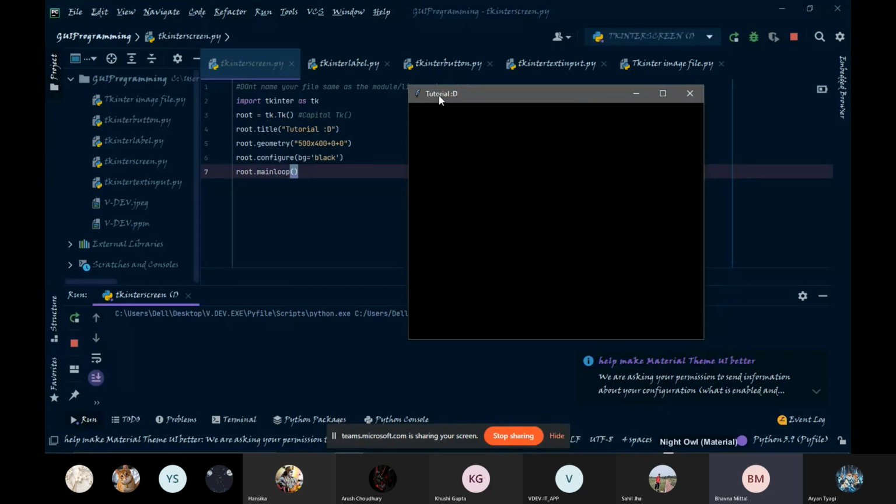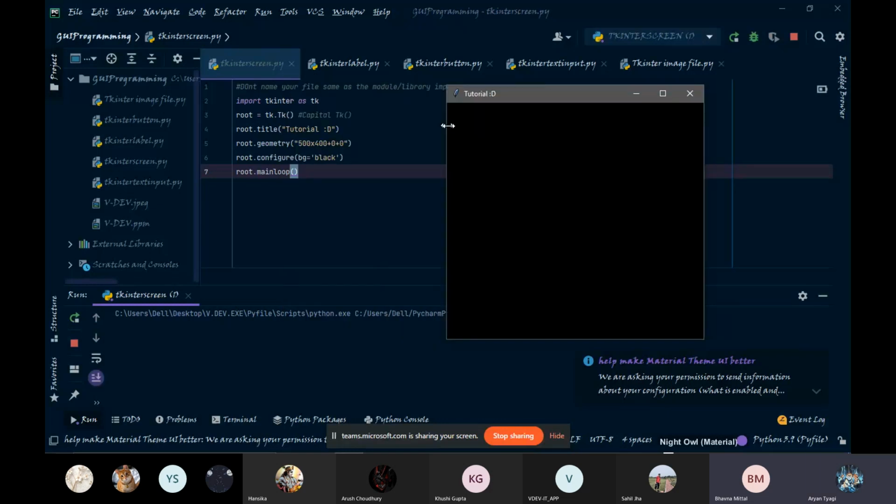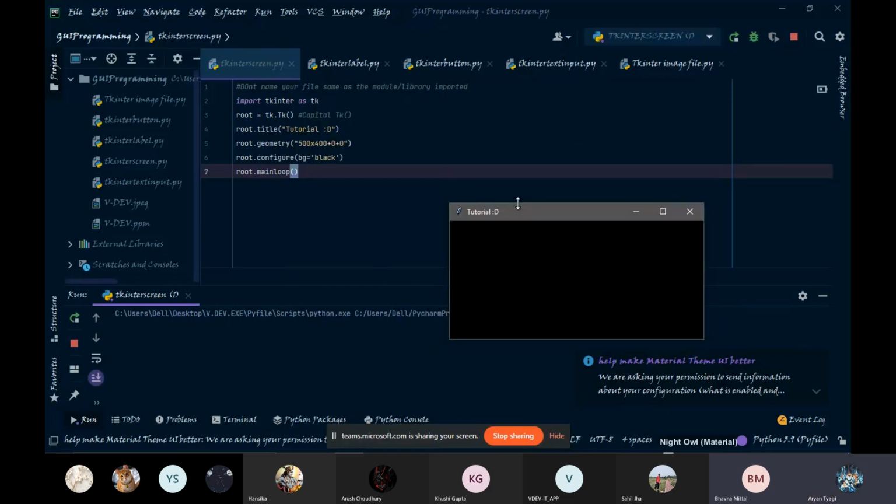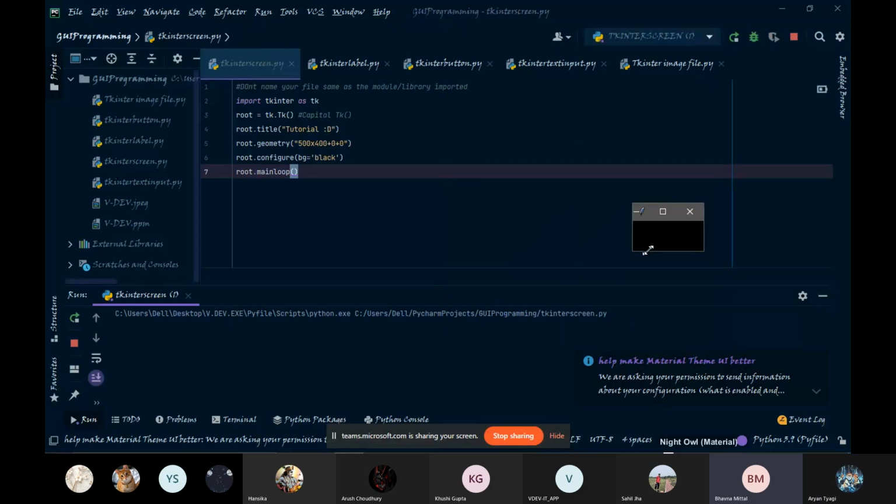Geometry means how big the window will look, and configure means what should be the background settings, color settings. Sometimes we need a logo of our company in the background, so all these things can be set with the help of configure, right? Main loop means do not run it just once but keep on running it throughout, and until and unless we close it we can keep on seeing that window, right?